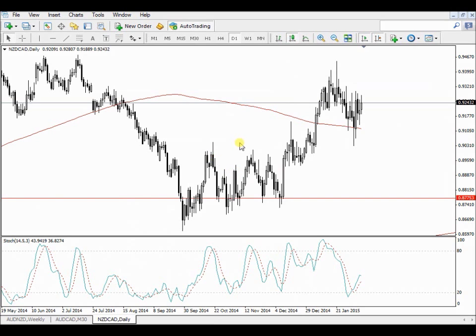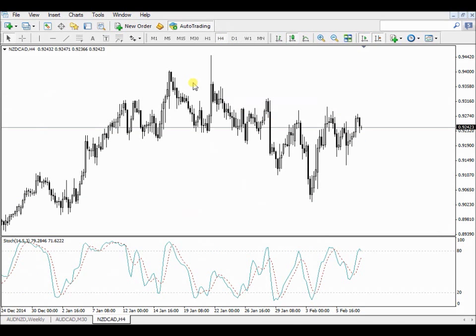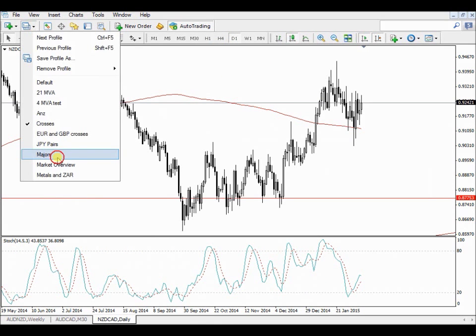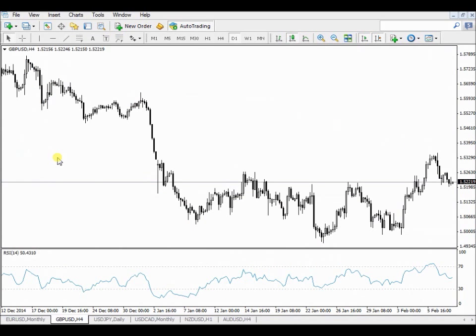I'm going down to the daily again. There's my 200-day moving average that I use, and I see this market is just, look at this, all the spikes. This is just spikes. This is a market that doesn't know where it wants to go. You cannot trade anything here. So that's the New Zealand dollar CAD. I see no trade at it, nothing. Let's go to some of the other markets and see if we can get an indication if we can trade something there.